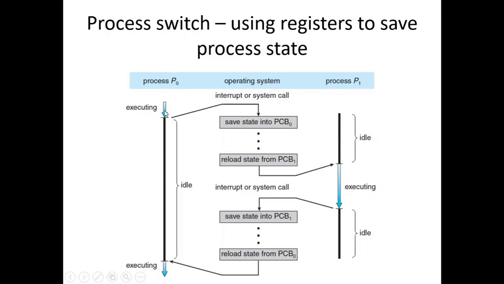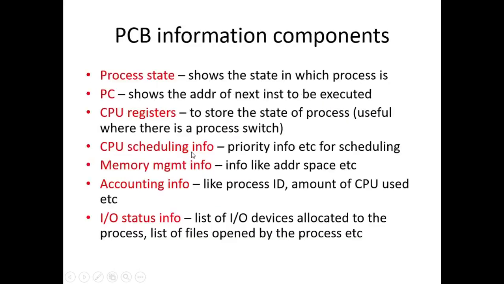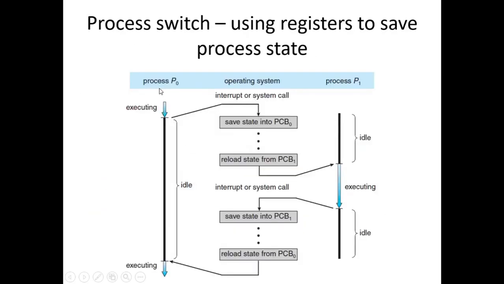Since it is in its running state, assuming some system call or interrupt has occurred, whenever there is an interrupt, it will go back to the ready state. So whenever this interrupt occurs, P0 will have to go to this idle phase. It is no longer executing. Before it moves to the ready state, we'll have to save the contents of this PCB. Before switching from P0 to P1, we'll have to save the state of PCB 0. PCB 0 is nothing but the PCB of this particular process.